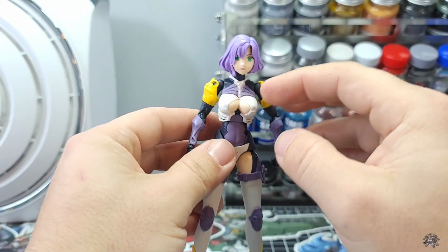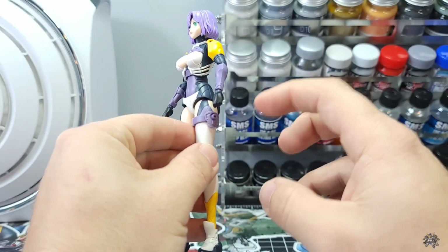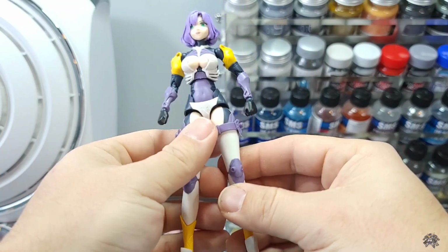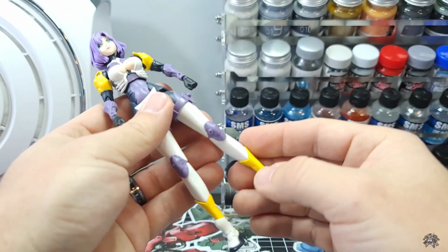And we have a couple little purple bits here and there. Down to the legs, because I went with the armored look, she has these little garter belts here that will house her, or hold her little side pistols. And of course, with the